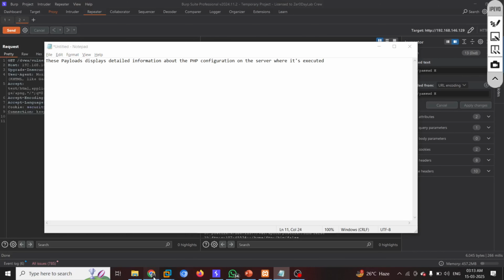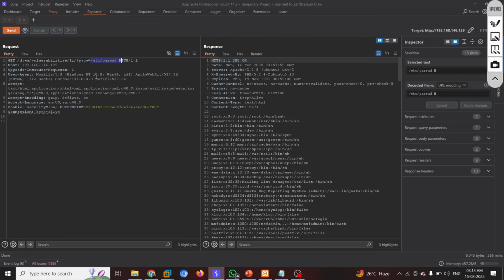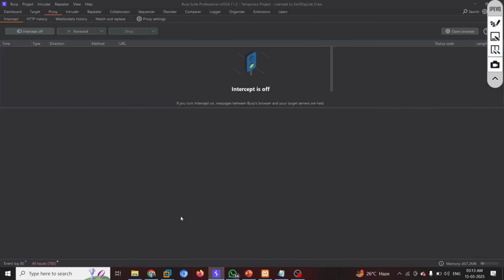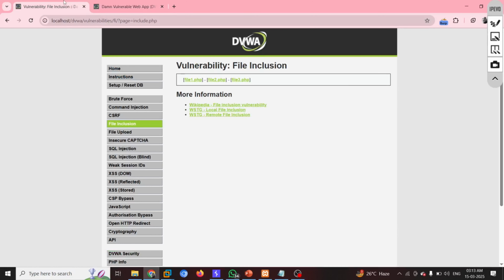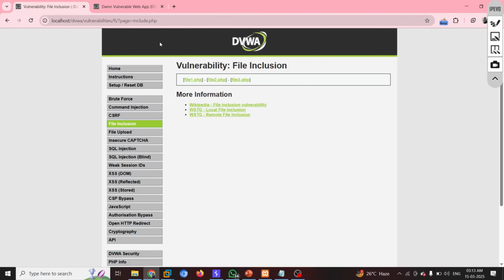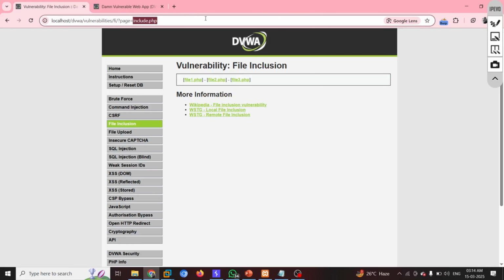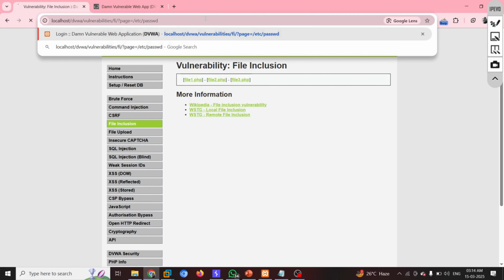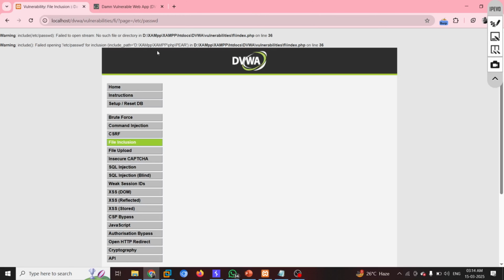So what we can do right now, let me turn off the intercept. Okay, so now this is also the same, you can see, right? There's no difference. LFI page equal to include.php. That means they are using the include function over here, right? This is the same page, right? But if I use etc password over here, will it give me anything? You can see, warning, etc failed to open, no such file or directory is available.